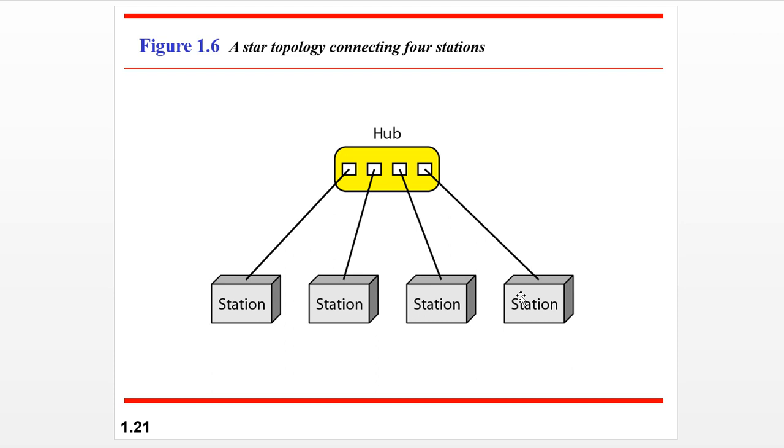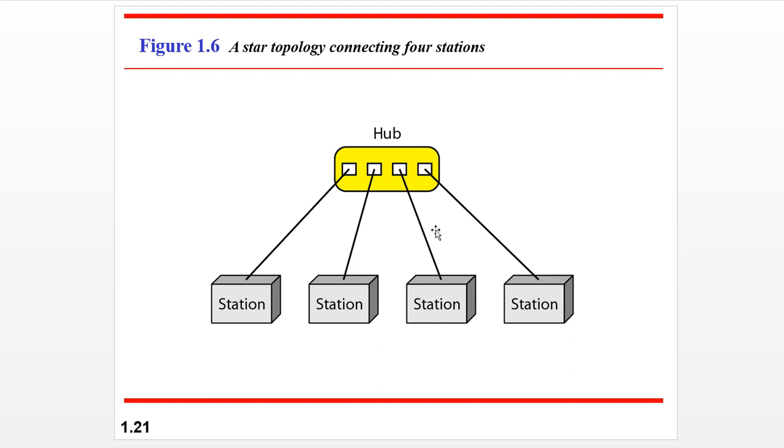Okay. This is the simple concept of the hub, and the advantage is, as I compared this to the mesh topology, very few cables are required. Though a point to point dedicated link is required, we are not connecting every device to every device. Say, if I consider this as station 1, there is no link from station 1 to station 4, station 1 to station 2, or station 1 to station 3. But we have connected all stations to the hub, so that the hub can decide whether the information is transferred from station 1 to station 2. That is the concept here.